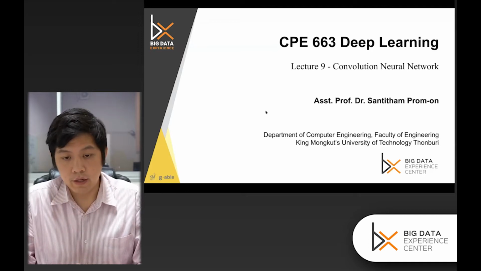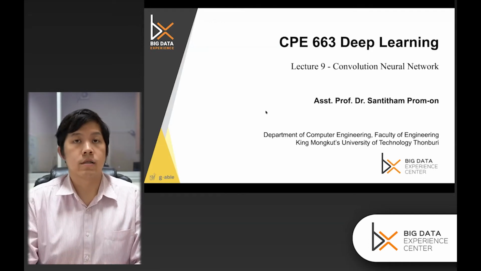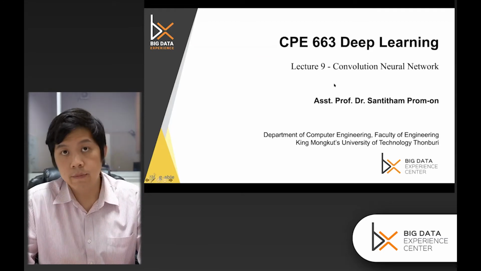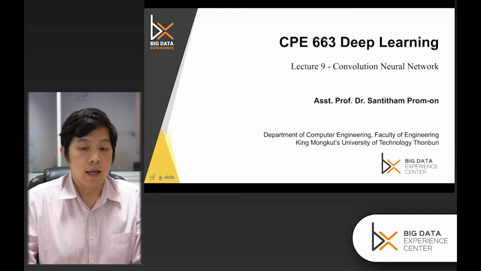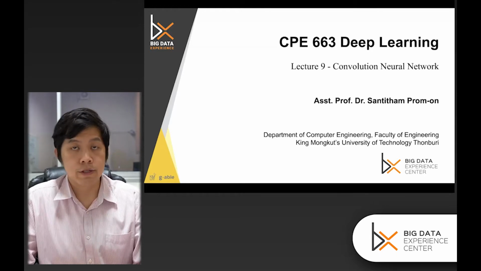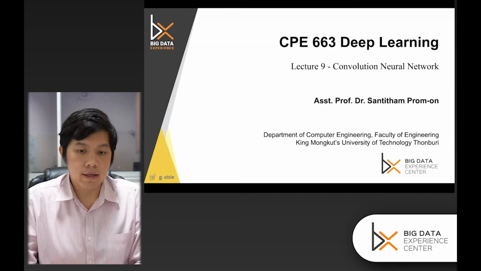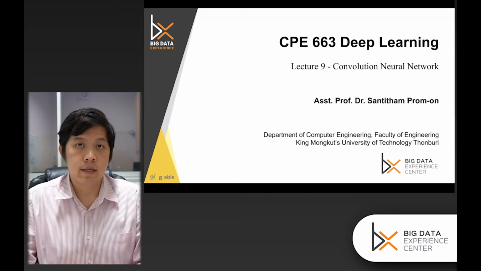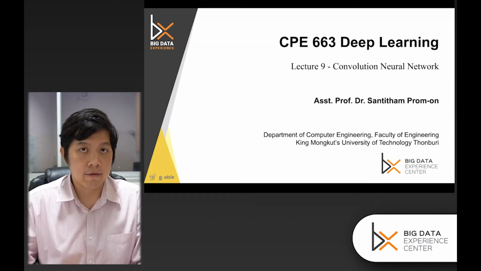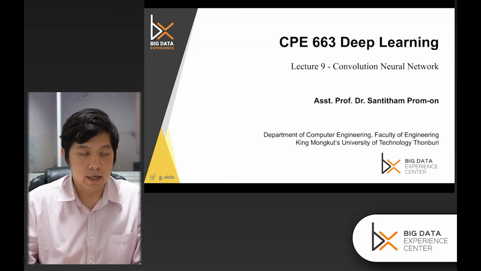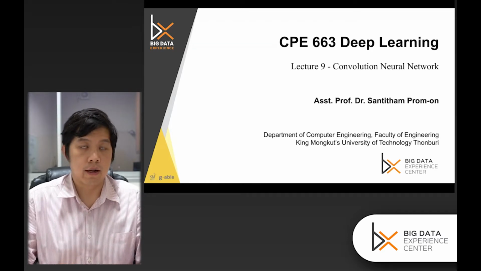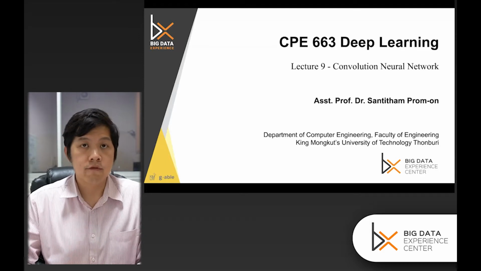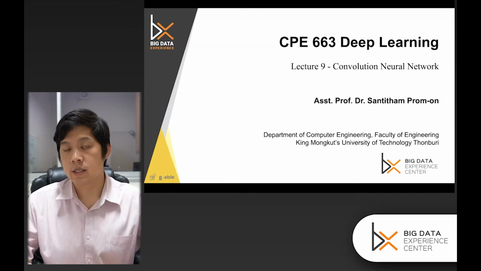Today we will take a look at the concept of convolutional neural network. A convolutional neural network is a type of neural network that allows you to analyze spatial data. If you have data in the spatial domain that has certain redundancy, where each of the data points that are near one another have certain correlation, have certain redundancy,